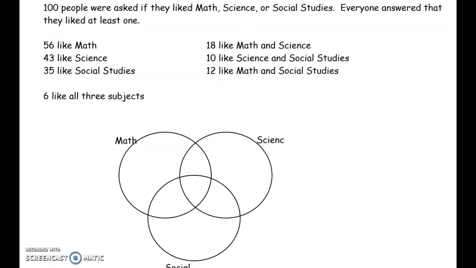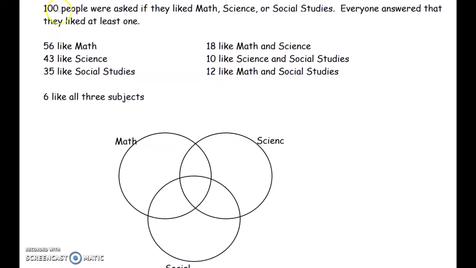In this second example, we have a total of 100 people that were asked if they like math, science, or social studies. Everyone answered that they liked at least one. Well, if we just go ahead and start filling in these numbers here, we're going to see it adds up to much more than 100. And in fact, we haven't even filled in this overlap, and we already see that this is 134. So we have to figure out logically